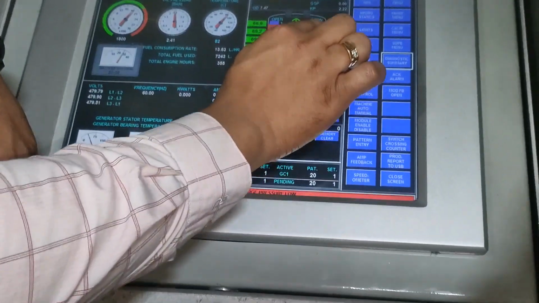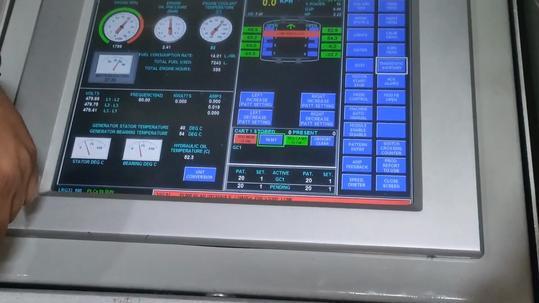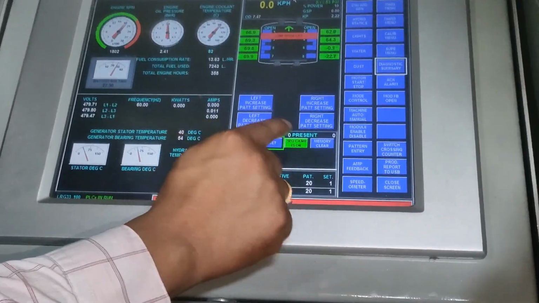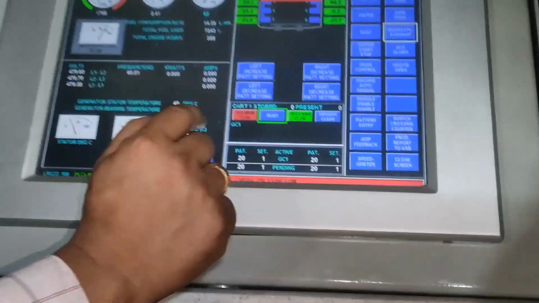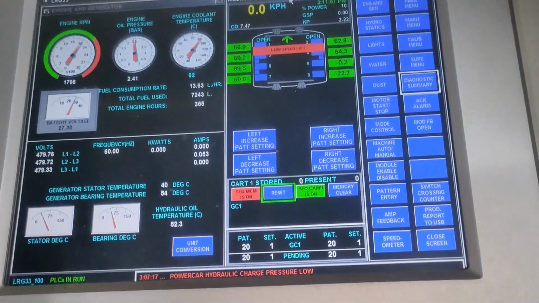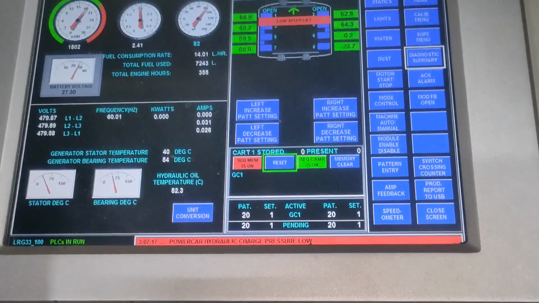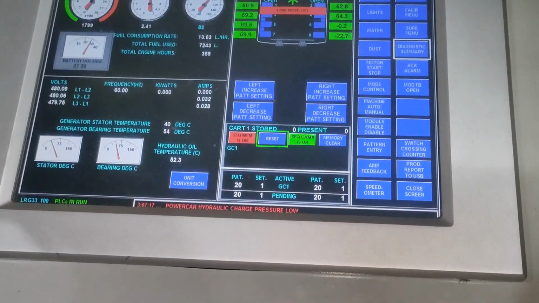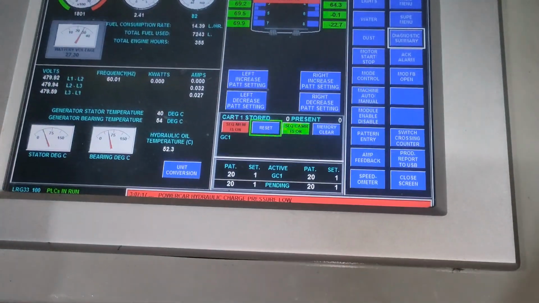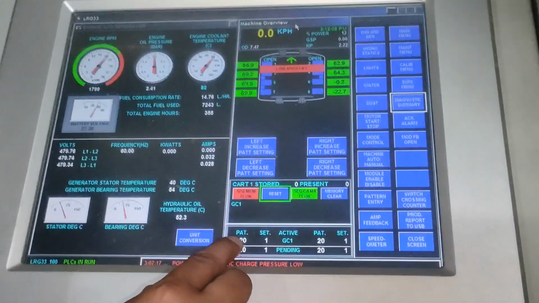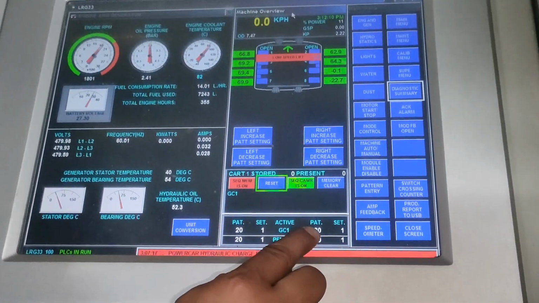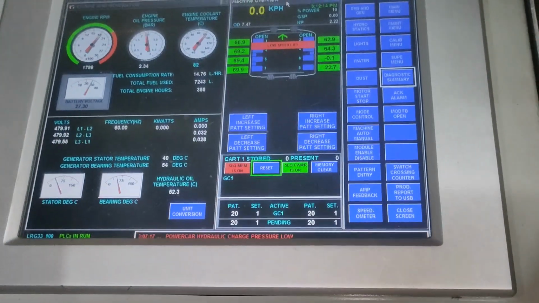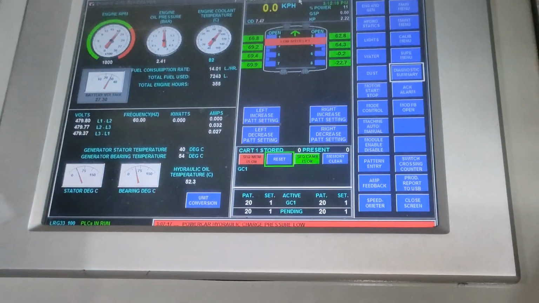And if it is in minus position, that means it is towards the field side. Yes, sir. Clear? And here is the stored value. You can see sequence memory on, which I have told you about in the class. Whenever we have to do multiple passes, the machine records the passes and automatically does the grinding for you, right? So we can have the memory stored. And this is pattern number 20 for the left rail, pattern number 20 for the right rail, and this is the pending pattern for the next pass, right? This I'll tell you next week, right?